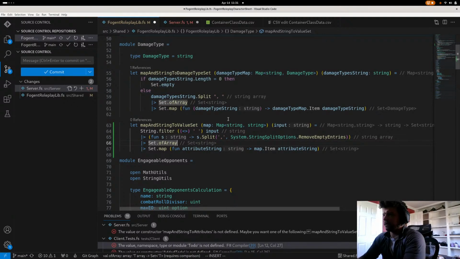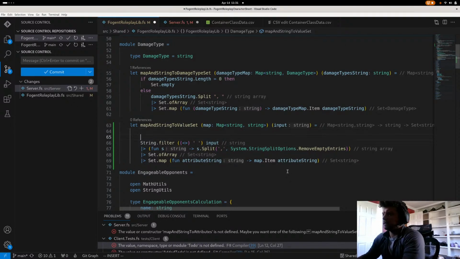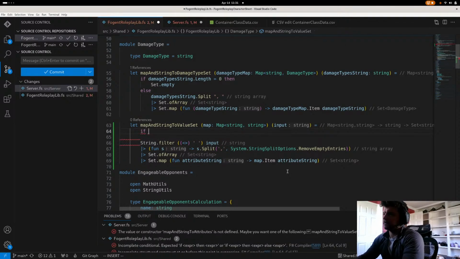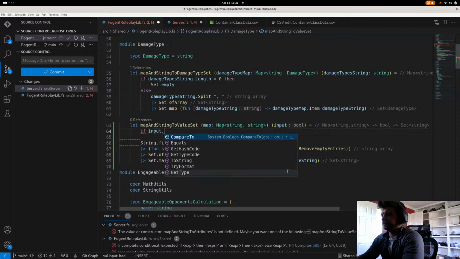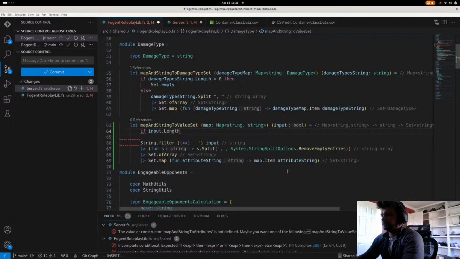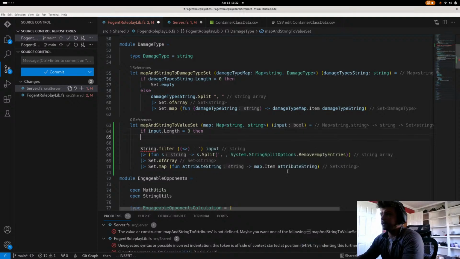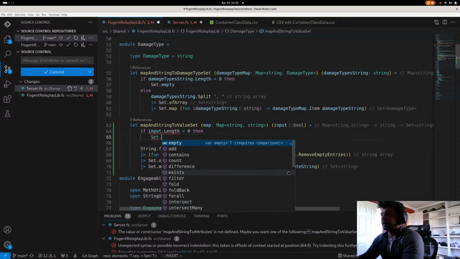So we can do here is combine these two basically. So if input dot length is equal to 0, then set dot empty,